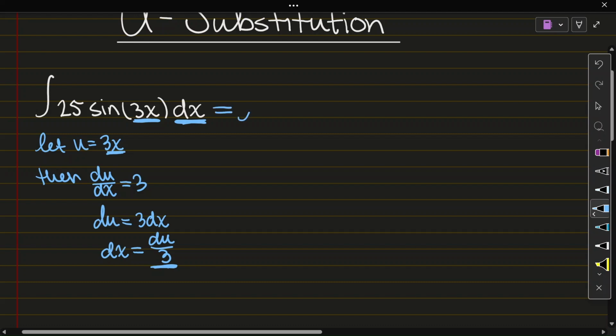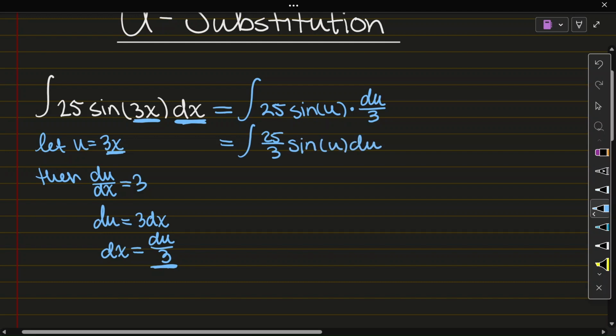So under the substitution, I get that this is the integral of 25 sine of u times du over 3. So this is the same as the integral of 25 over 3 sine of u du. And then I can just pop this constant out here. So this is 25 over 3, the integral of sine of u du. Now, like I said, the integral of sine of u is going to be negative cosine of u plus c. So that tells me that my final answer here is going to be 25 over 3 negative cosine of u